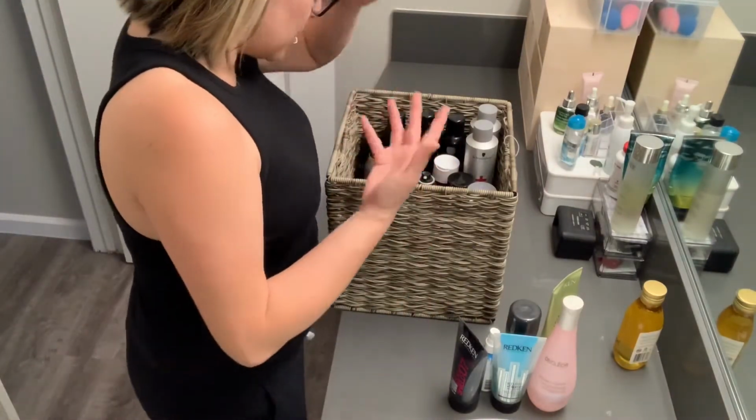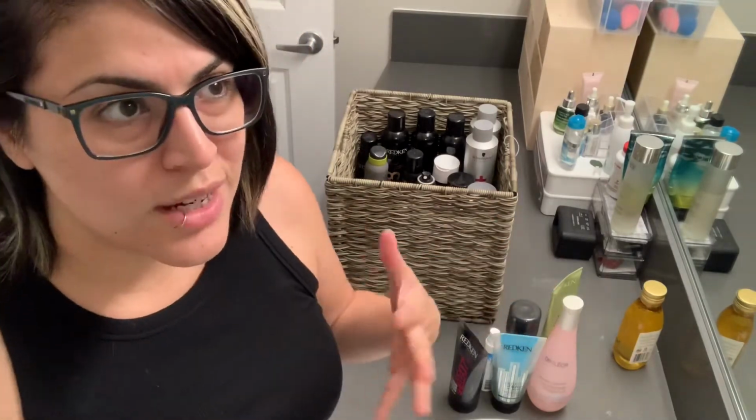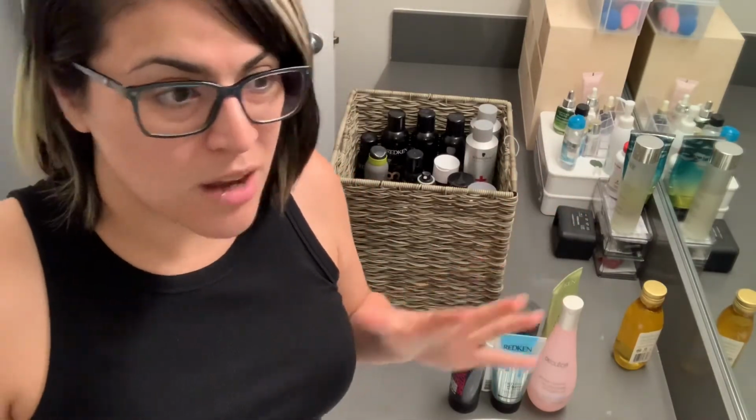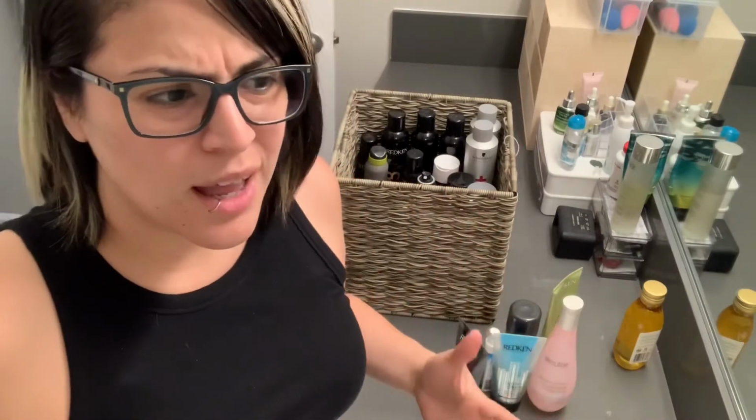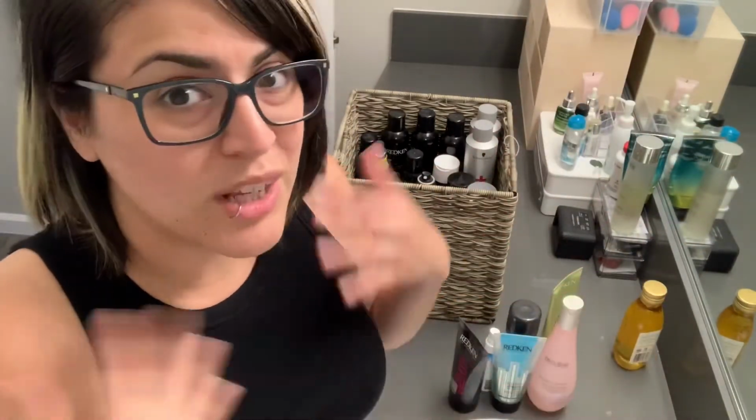And yeah, I do have a lot of products in here, but the fact that I was able to maximize this, I try not to go over the amount I'm supposed to get rid of in the week because I don't want to, like, you know, get to an uncomfortable spot. But at the same time, the idea is to get rid of everything to the point where it starts to get uncomfortable. Like, did I say that weird? Whatever. Like, you want to be able to purge as much as you can so that when you look at your space, you're like, this is what I want. You know, it's not about being a minimalist or anything like that. It's about just living clutter free. So